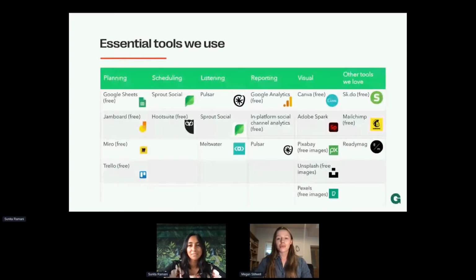And finally, just some other tools that we use. Slido is a really good tool to have in your bank. It's a digital poll service that allows you to quiz your target audience. When you don't have brilliant polls like the one included on Hopin on the right here, this is a really good alternative. Perhaps you're on Zoom or another platform. Then we have MailChimp. This is an email marketing service, which is brilliant for your newsletters and building momentum in the run up to your campaign. And finally, we've got ReadyMag. This is a web design tool that is super simple and brilliant for producing landing pages for your campaign.